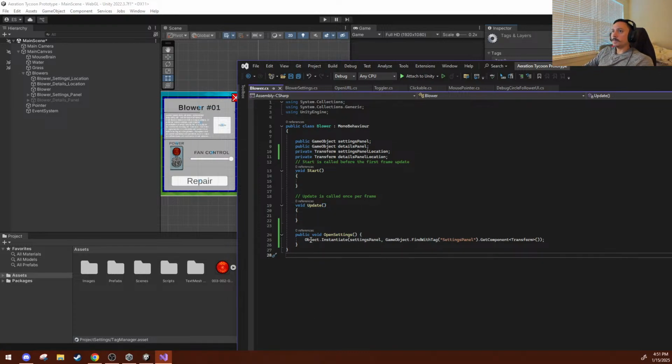Okay. So we do public void open settings, Object instantiate, and then on the instantiate we want. Does this return an object? Static Object Instantiate. What does it return? Object, the instantiated clone. Okay, so then we do GameObject